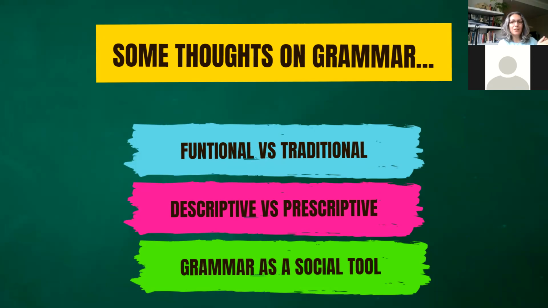And the reason I'm starting with this first, as opposed to doing prepositions and conjunctions, is that it sets the scene for preposition in particular. And we'll see why that is. So there are approaches to grammar. One is called functional, and then there's another approach called traditional. And then there's a descriptive type of grammar and a prescriptive type of grammar. And then we'll have a look at grammar as a social tool or a social determiner, I guess. We'll have a look. But I want to start with this functional and traditional grammar, because I have mentioned it